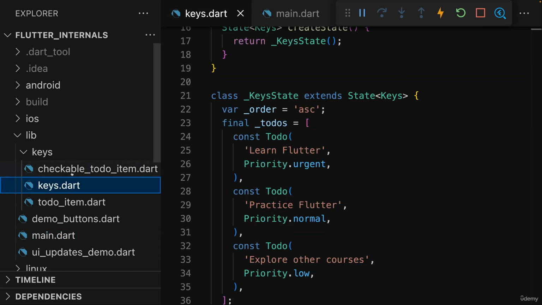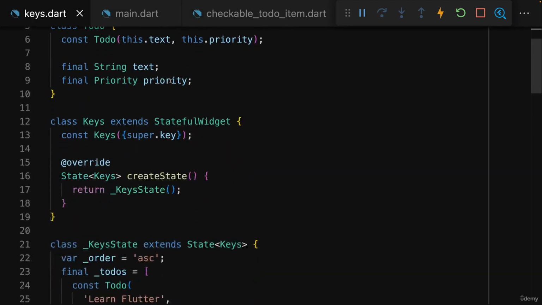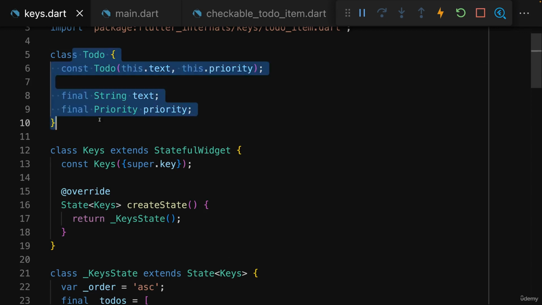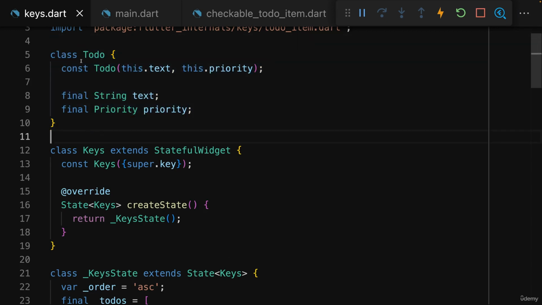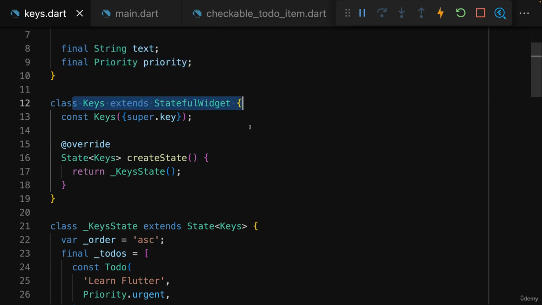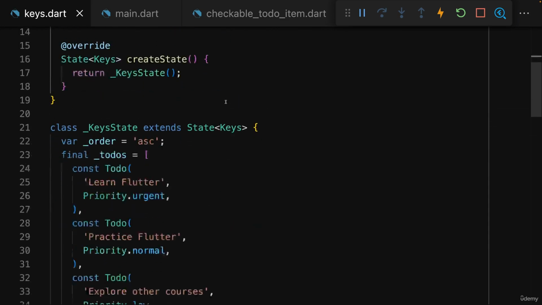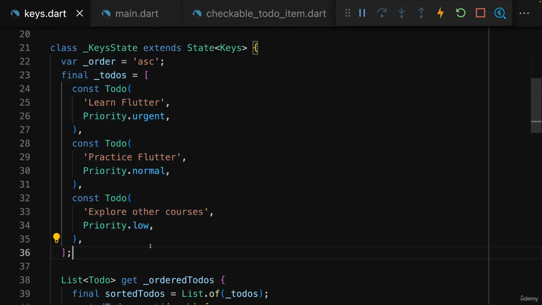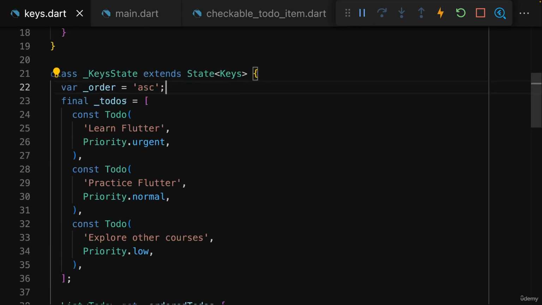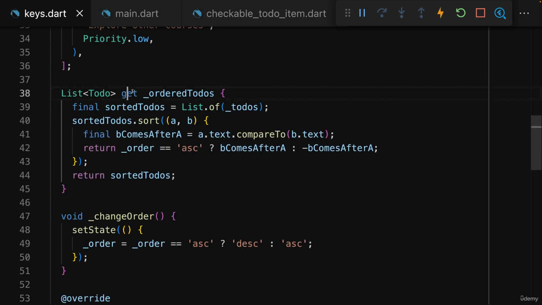For that, I prepared the keys folder with various files, and in there you have this keys.dart file, which in the end defines a to-do class, and this is a data model, not a widget. But then I also do have a widget in there, the keys widget, which is a stateful widget, which has a bunch of dummy to-do items that will be output on the screen, and some order property that can be changed, which defines in which order they will be displayed. There then is a getter, which uses this order state